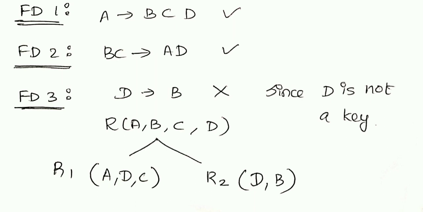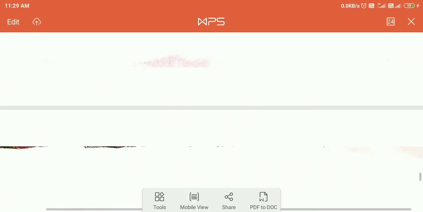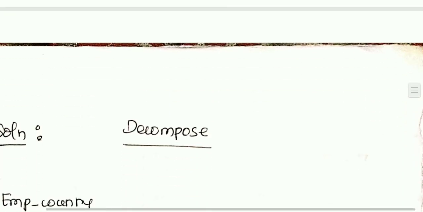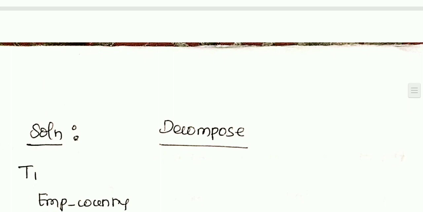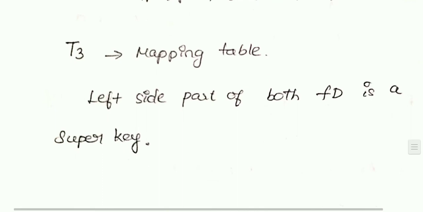Whichever dependency doesn't satisfy BCNF, take that separately; it acts as a separate table in the decomposition. So these are the decomposed tables that satisfy BCNF. Is this clear? So just go through the rules of BCNF. If the rules are satisfied, no problem. If not, the solution is decomposition. After decomposition, check once again whether the decomposed tables satisfy the normal form whose rule you have applied. Thank you.